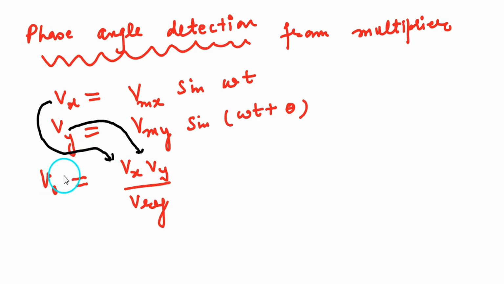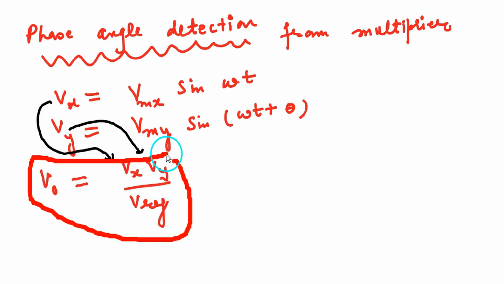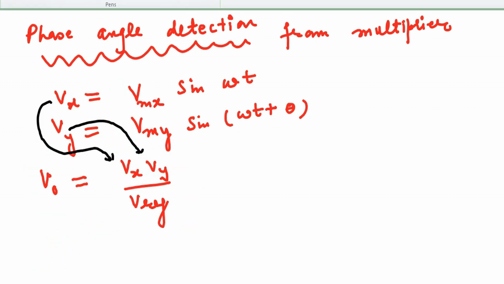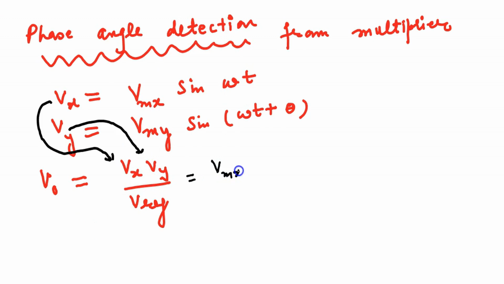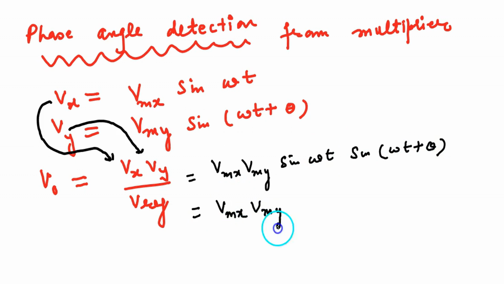This is the result of the multiplier. Substituting the values of Vx and Vy here, and now simplifying, sine A into sine B, applying the trigonometric formula, we get